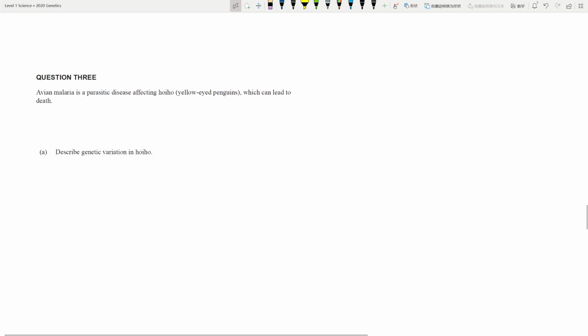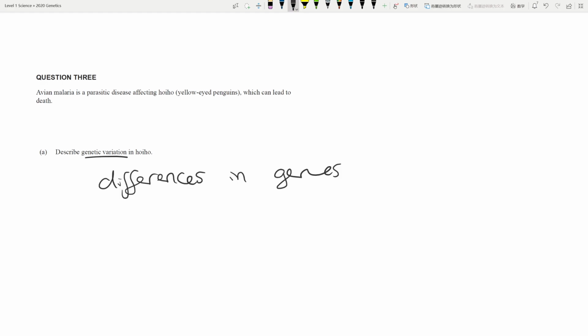Okay, next one. Avian malaria is a parasitic disease affecting hoiho, which can lead to death. Oh, that's unfortunate. Describe genetic variation. So what is genetic variation? Genetic variation in simple words is just differences. The word variation just means differences, and genetic variation means differences in genes, or phenotype,